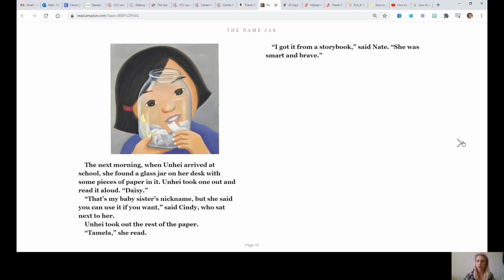Okay, friends, we are actually going to stop here and we will read the rest of the story for our second lesson. So for the first lesson, you're going to just restate first what happened first in The Name Jar, what happened next, what happened then, and last. Okay, friends? And we will pick up where we left off